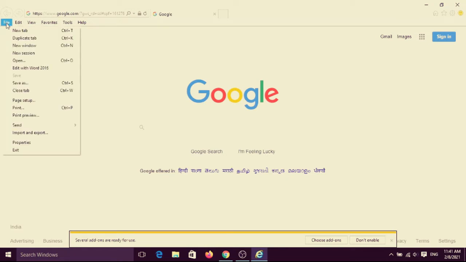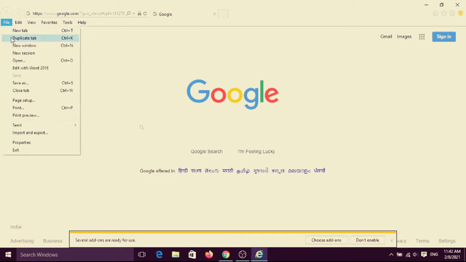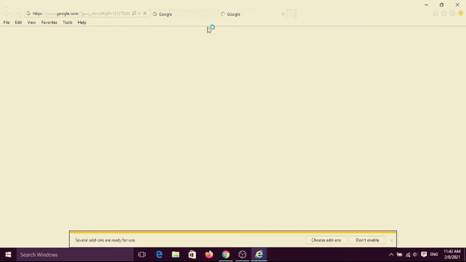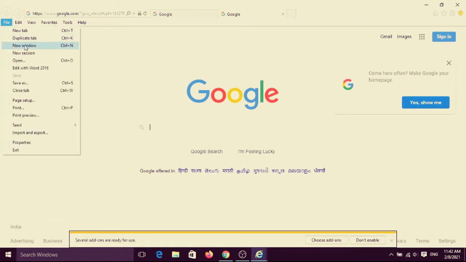In the File tab, you can find duplicate tab, new window, new session. Duplicate tab means the same tab will be added. Suppose I click on duplicate tab, see, the same tab will open. It is a duplicate. And the next one, new window.